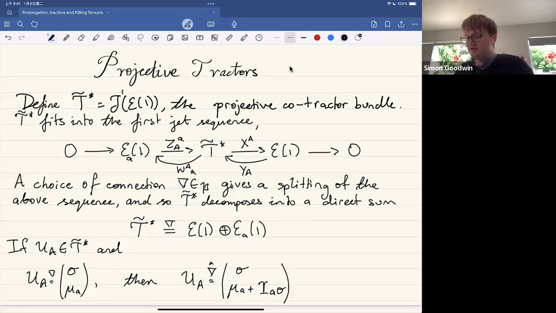And so given one of these connections, our tractor bundle now decomposes as a direct sum of our weighted functions with weighted one forms. And the structure that is implied by all of this splitting that depends on the connection is that if I change the connection, it actually splits in a different way, right? And so, well, how did I say it split? I said this W is essentially just the connection, and since it's on things of weight one, what do we expect to add when we change our connection? Well, we add epsilon A times sigma. Okay, so now we have a